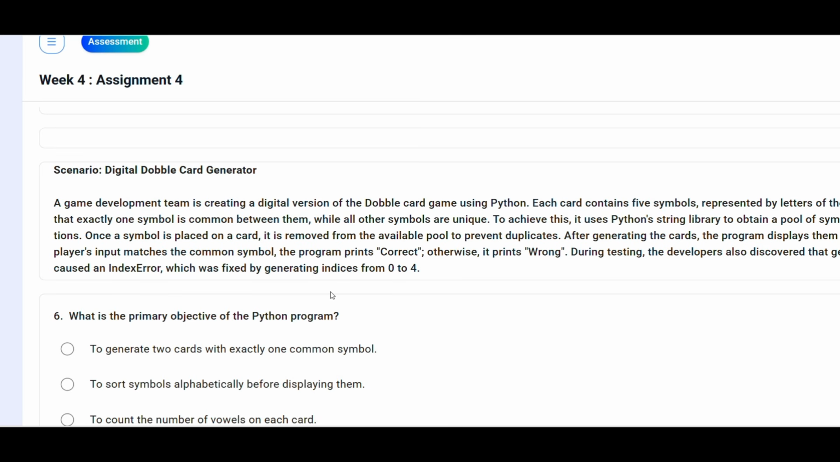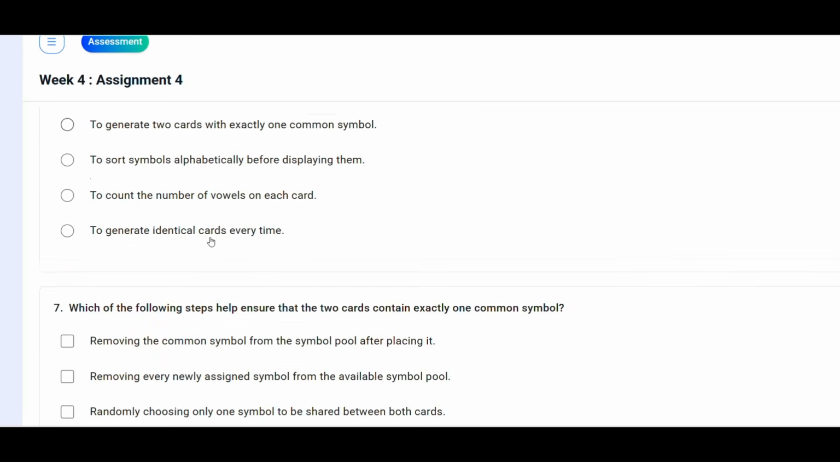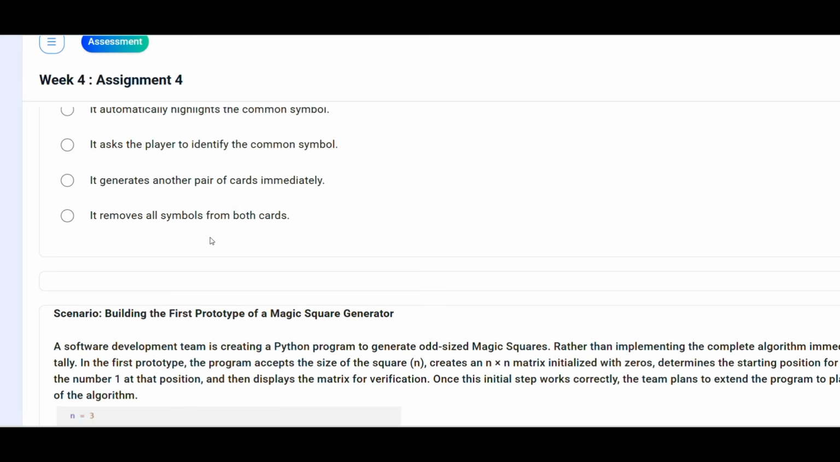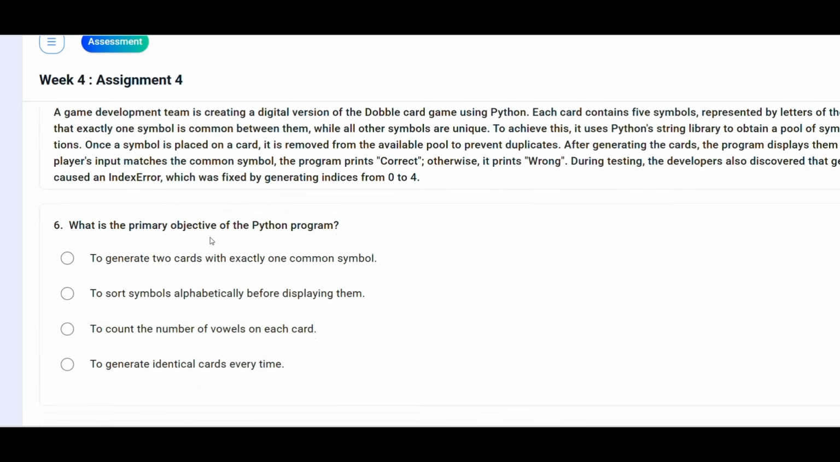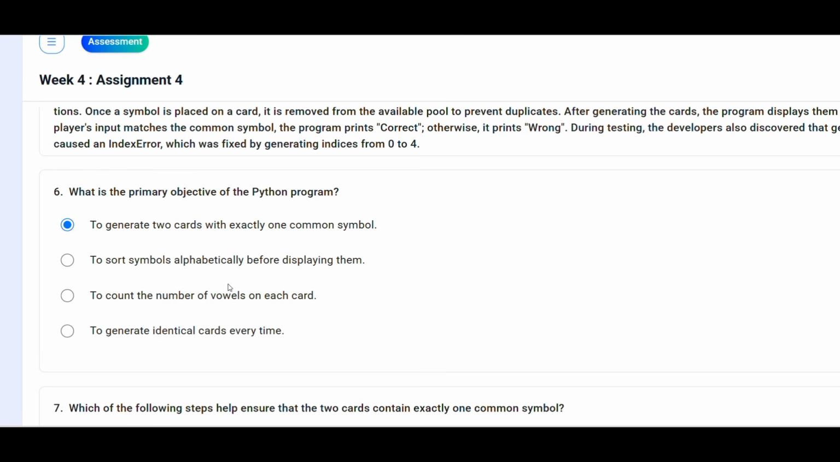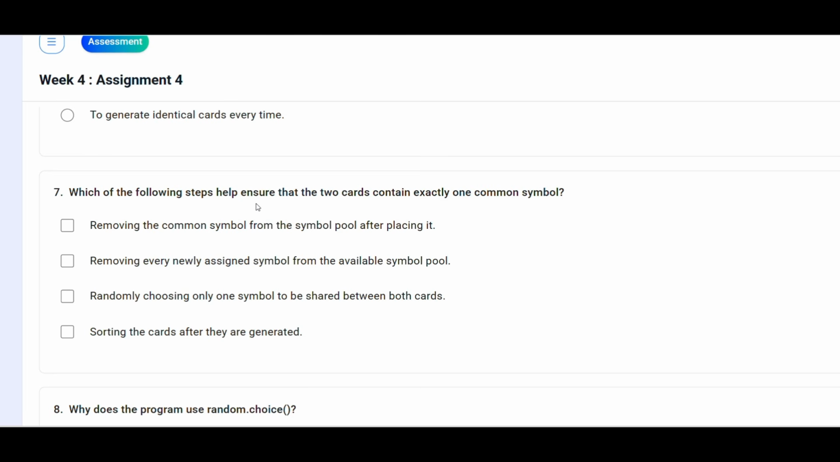In this, from the 6th to 10th questions. So the sixth one, what is the primary objective of the Python program? So the primary objective is to generate two cards with exactly one common symbol. Then seventh, which of the following steps